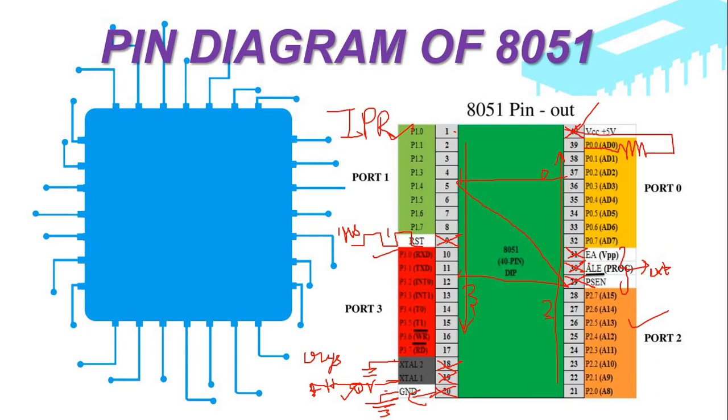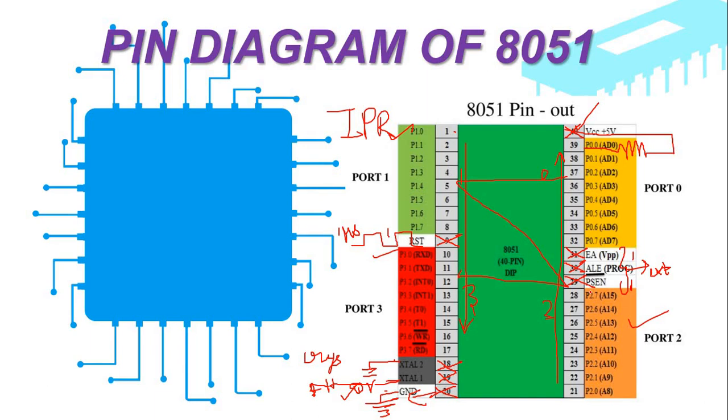And next, program store enable, external access enable, and address latch enable. These will be 1 only when the data is being accessed from external memory. In 8051 we do not use much external memory, but in our 8031, 8032 ICs and others we will be using external access. For that purpose only, this enable access will be 1 whenever it is accessing memory from an external unit. Okay, externally, when it is doing the operation, this will be in a high state. Active high state, that is 1. Program store enable will also be 1, and external access enable will also be 1.